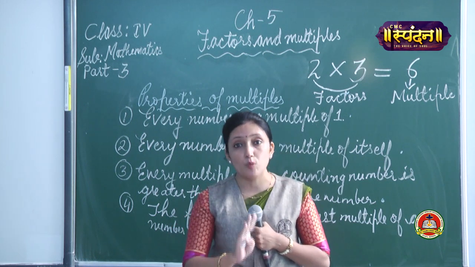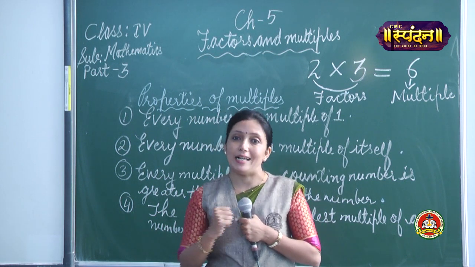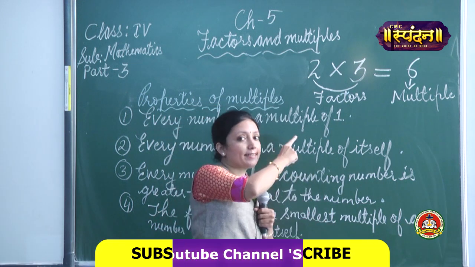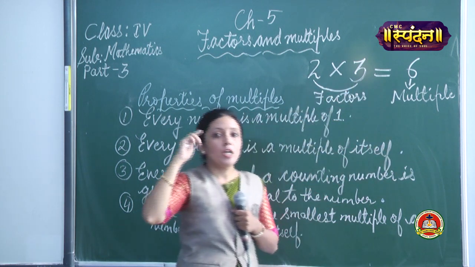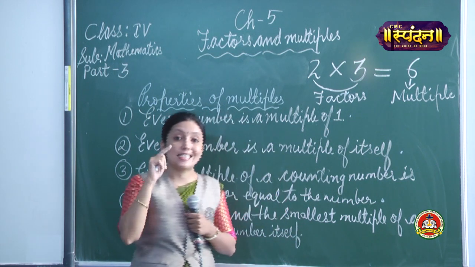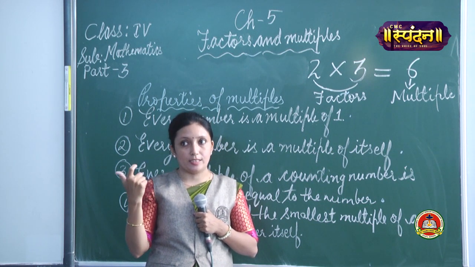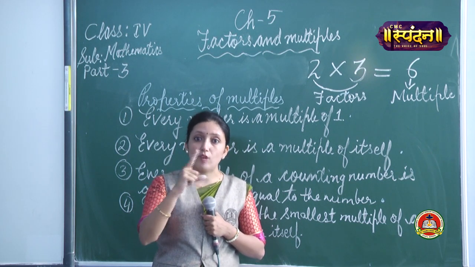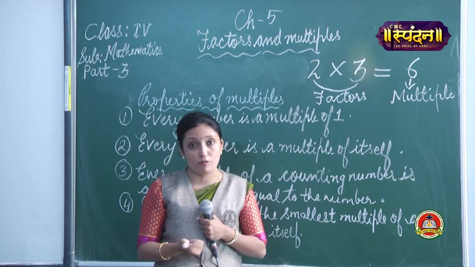So factors, I think you were clear about that, what were factors? Yes. So now we are moving on with multiples. Let's see what are multiples. I have already written an example for you, that is 2 3s are 6. When I was checking what will be the factors of 6, 2 3s are 6. So it means 2 is also a factor, 3 is also a factor, and 1, as we have learned, is a factor of every number, and the number itself is always a factor.